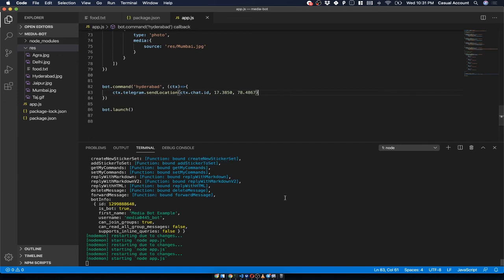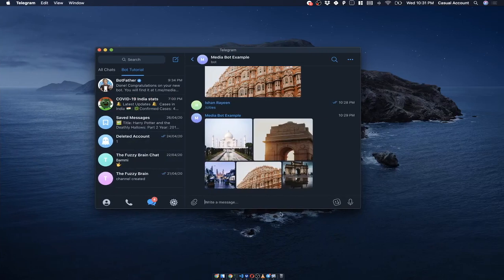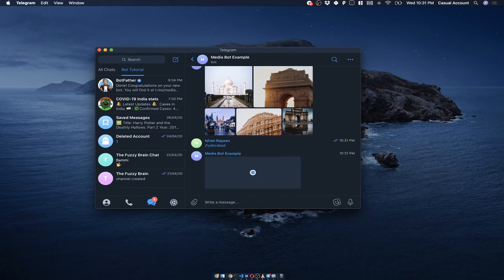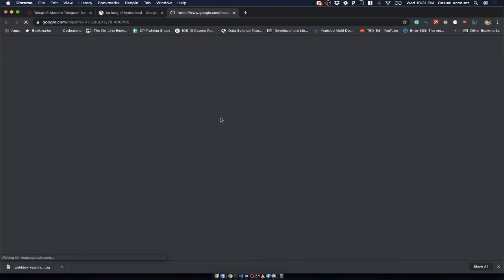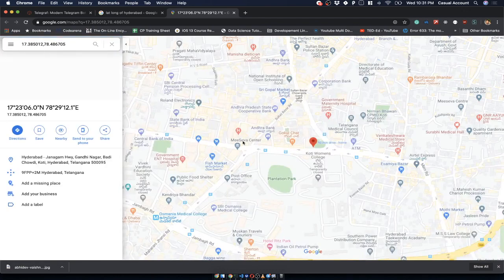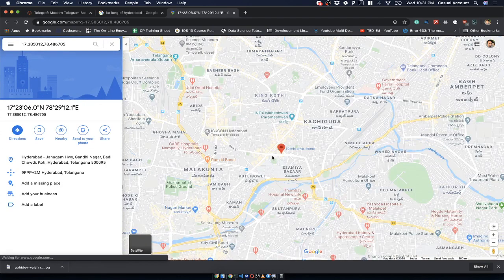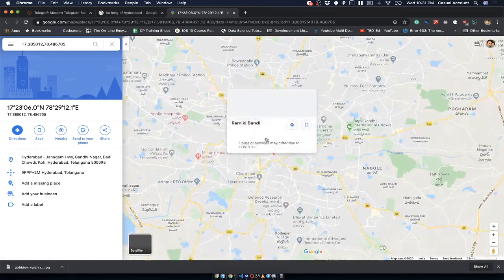So I'll just save it. I'll go back to our bot. I'll say Hyderabad and press enter. And you will see it has sent me something, right? And this is the location of Hyderabad. Let me just open it. And indeed, this is Hyderabad.